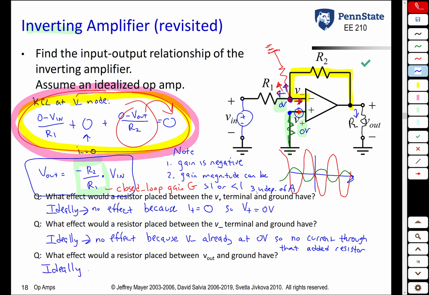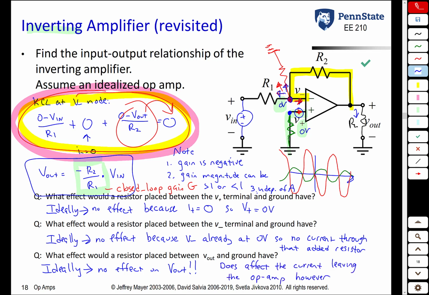So in an ideal situation, a load resistance has no effect on V out, which is sort of a surprising result. Now you have to be careful here. We cannot say that the load resistor has no effect on the circuit because it does affect the current coming